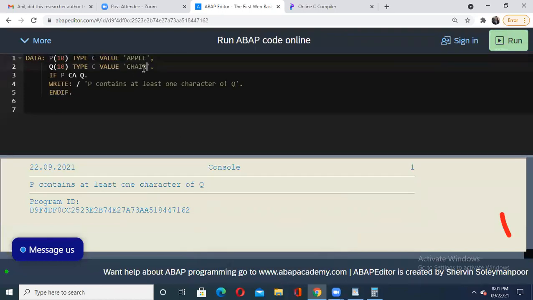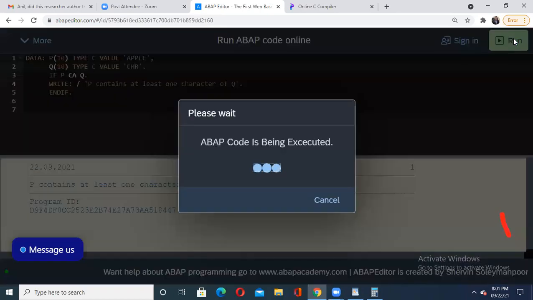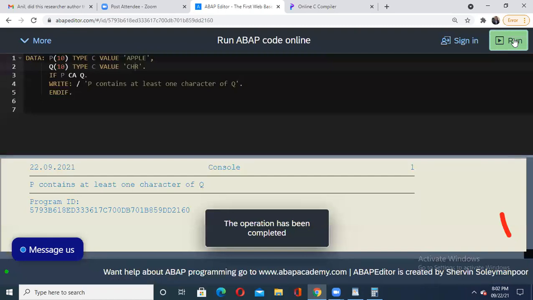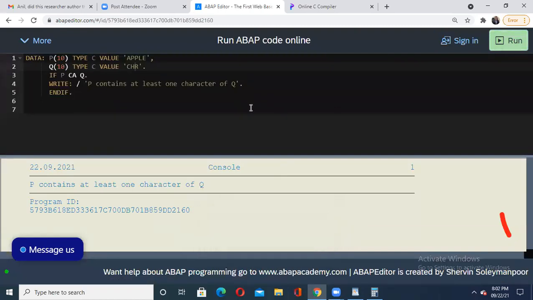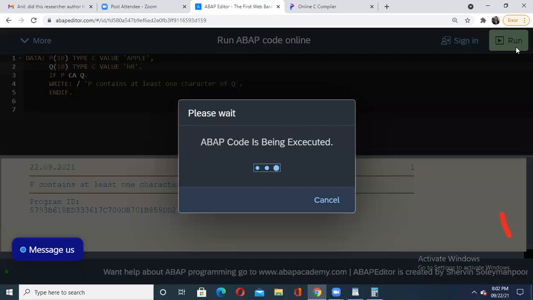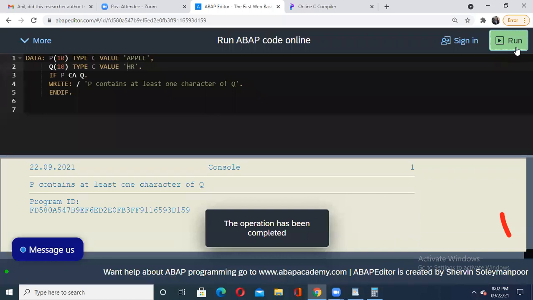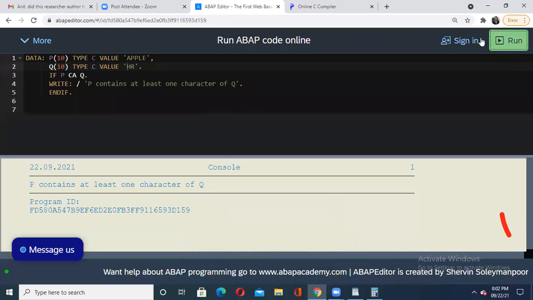Now I'll remove that A from it, and I'll put just these three characters CHR in Q. Let us check. P contains at least one character of Q, right? It is executing once again, but we should not get the result here, right?